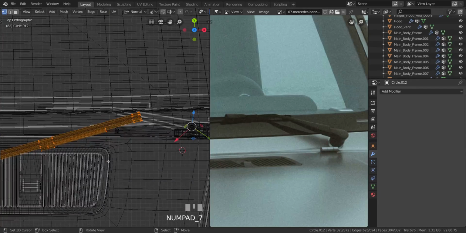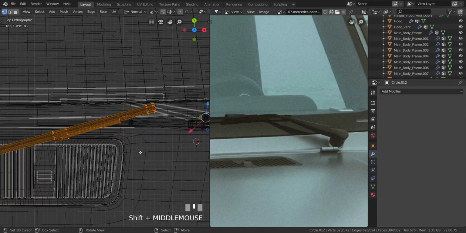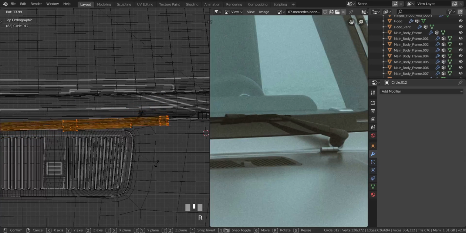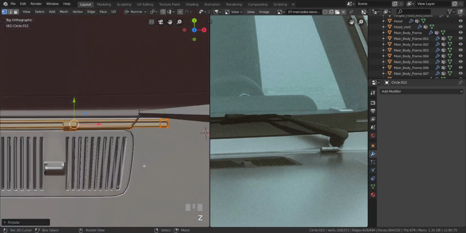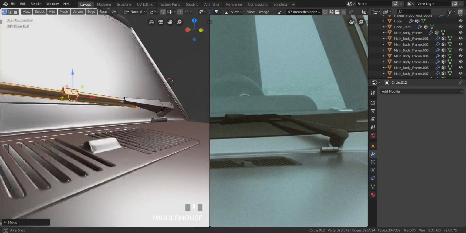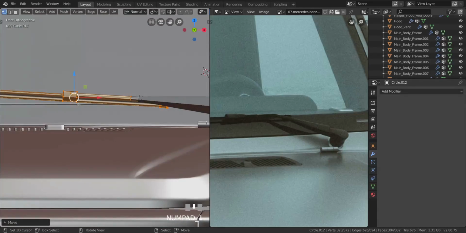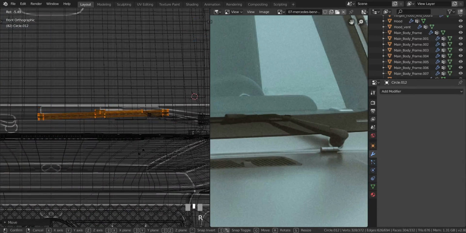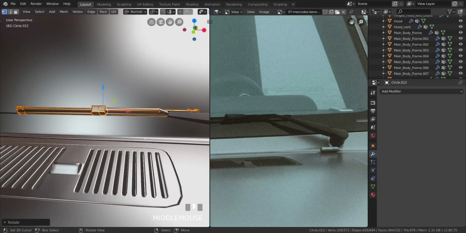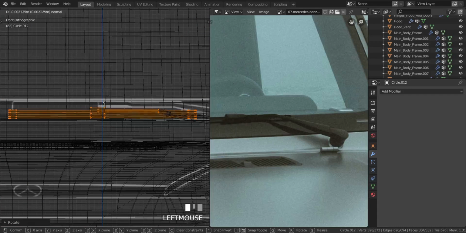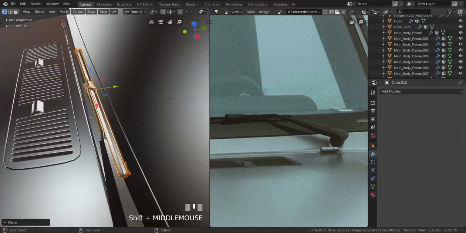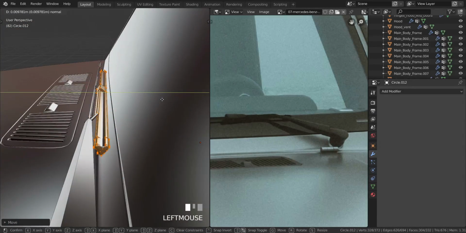Let's go over to the top view. Let me see. Let's change this back to bounding box, and let's rotate this like this to about this point, and I want to move it in the Y axis. Okay, like that. Don't know if that is working as much. Let me get over to the front view. Alright, I'm going to rotate this as well in this axis like this, and let's see. Alright, so I want to move it in the Z axis down to about this point. Alright, now I want to move it in the Y axis a little bit more back,